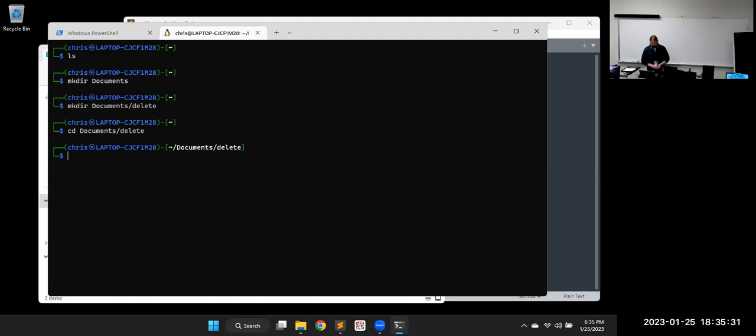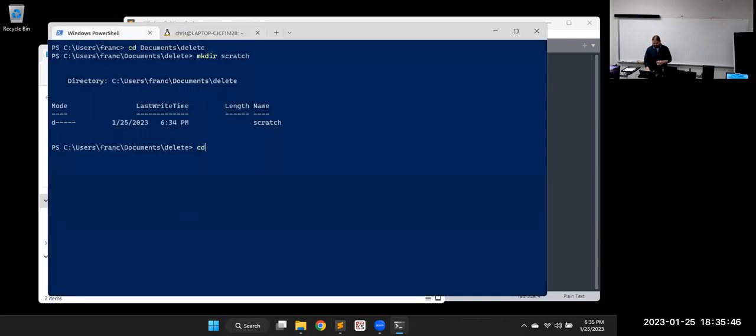The big difference, this is one where they use the same abbreviation, but it is different. If I type CD here, it goes back to the home directory or the starting directory. If I type CD in PowerShell, it stays where it is. So in Windows, CD means current directory.